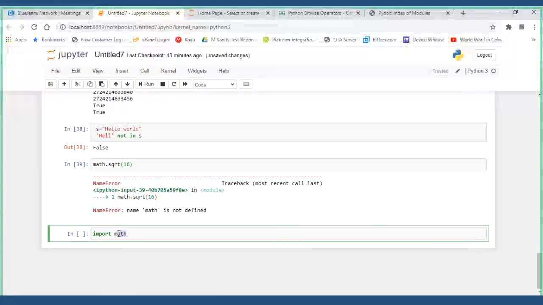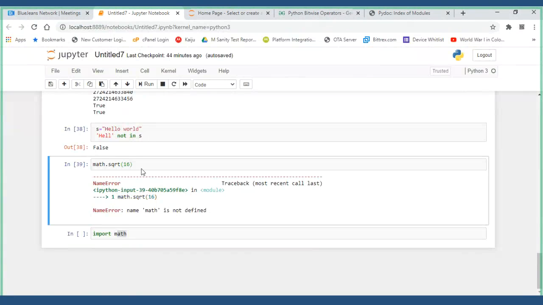Anything you use day to day? I remember only square root and round off. Just remember, math is a module. It doesn't load when Python starts, if you don't mention import math.